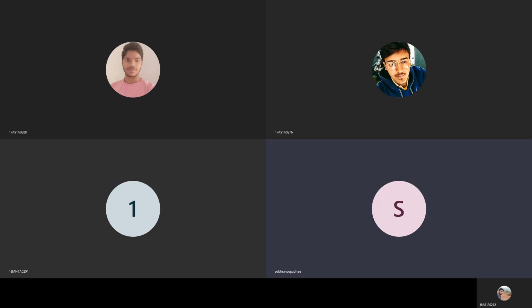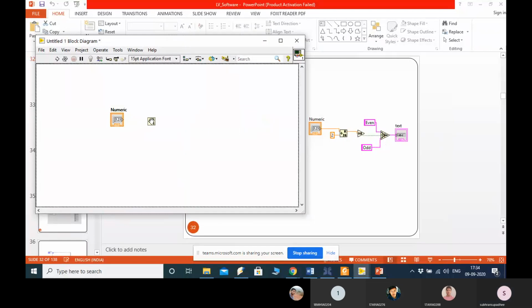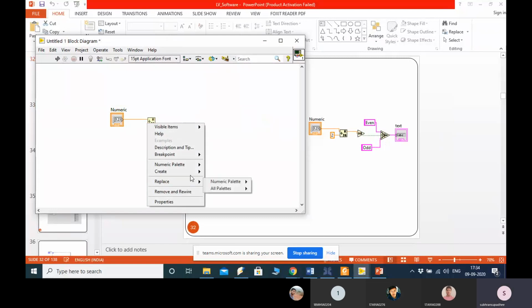Go to numeric. Here you can find quotient and remainder. If I divide it by 2,